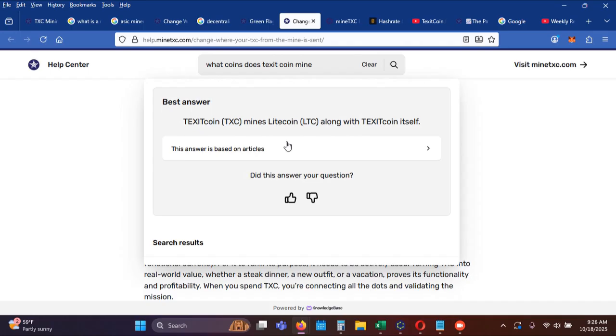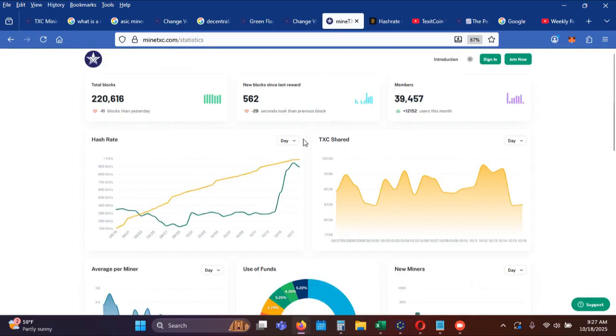Okay. So that is the third question. How much revenue on a daily basis, weekly basis, whatever the case is, are you receiving through the mining of these other cryptocurrencies outside of TexitCoin? Okay. Now, this takes me over to the dashboard display because here, guys,